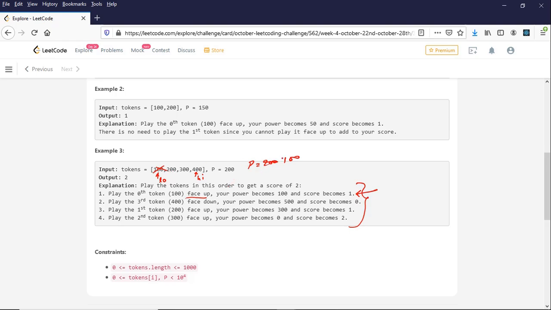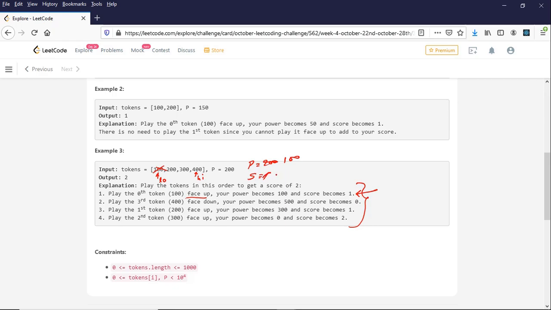So in that case I need to increase my power, but my score is now 1 already, because I did the first step. So I can trade my score and get more power. That is the face down play that they have mentioned in the problem statement. No matter what power I get, my trading value will always be 1. So since I am trading, I would rather go for a higher power value than a lower one. That is why we need a high pointer here. So get the highest power value and trade the score for that.